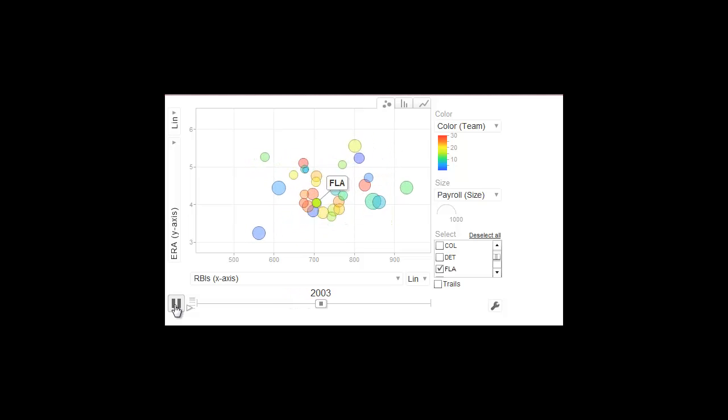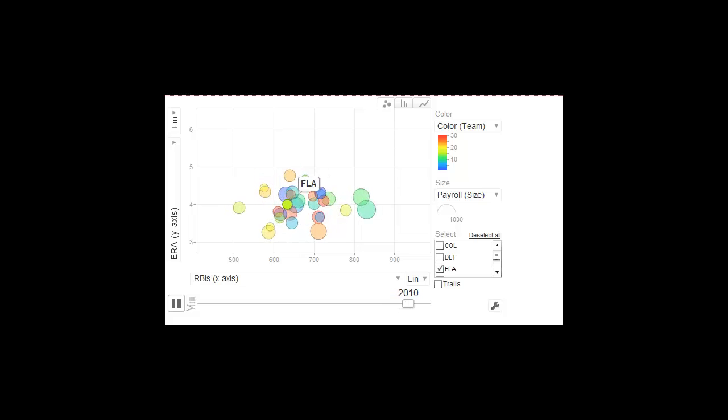By 2003, the bubble has started growing in size again, but in terms of RBIs and ERA, it is in the middle of the pack. Then, from 2003 to 2007, we see more RBIs and a higher ERA, followed by a big decline in RBIs through 2012. From 1995 to 2010, the Marlins never spent more than $56 million per year in payroll, yet won